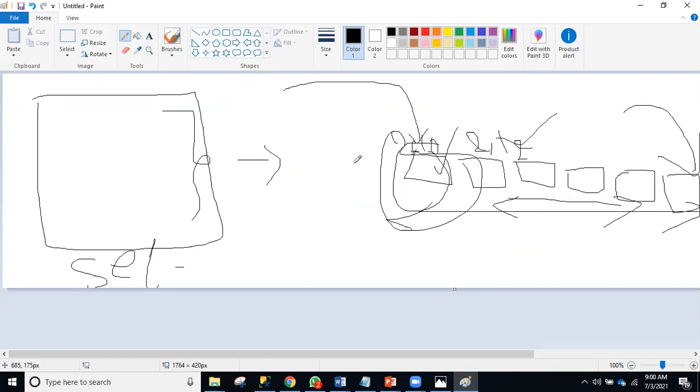Why does delete take more time than truncate? Because it creates log in the backend. It will maintain everything in the log, so that it can roll back if something happens in the middle. That's why it has to maintain it in the log file. But truncate won't maintain it in the log file. So that's why truncate is faster than delete.